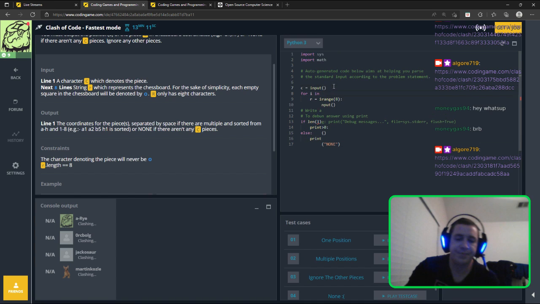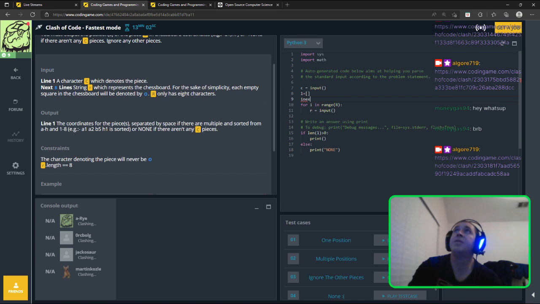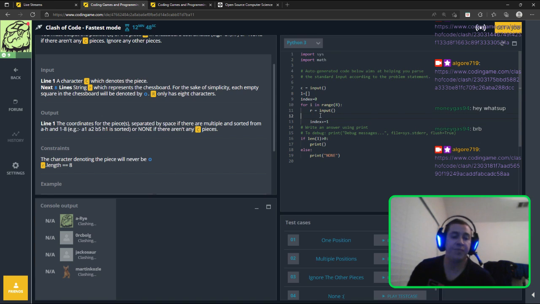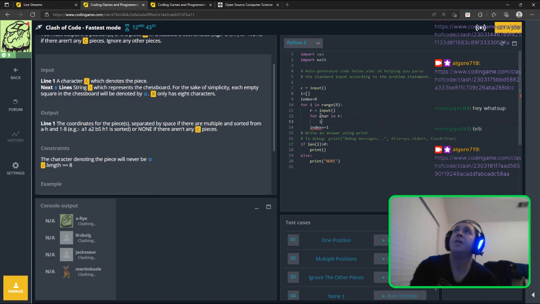And so as we encounter a piece, okay, and then index equals 0. So for each of those lines, we're going to increment index so we can at least keep track of that part of it. Now, for char in R, if char equals C,